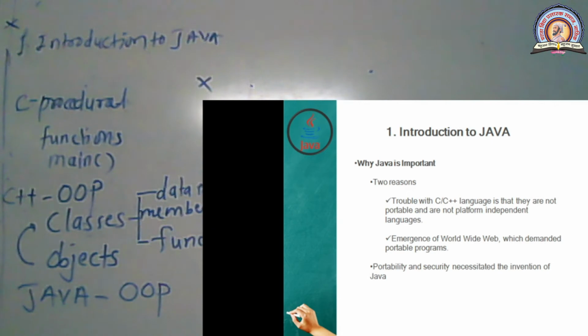They cannot be understood by computers. Computers know the language of ones and zeros only, and that is called what? The machine code.